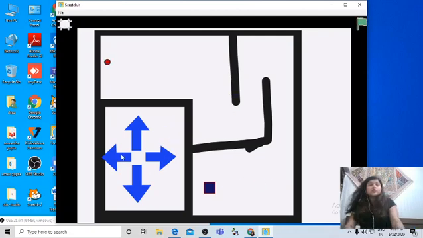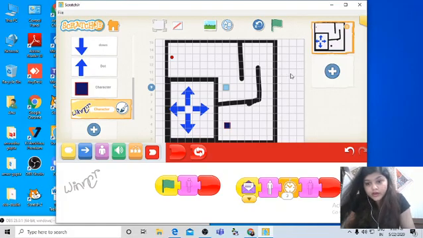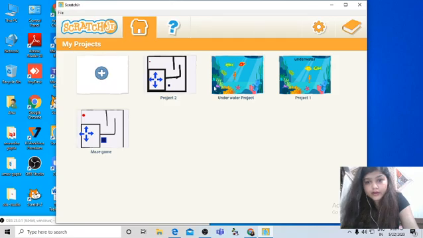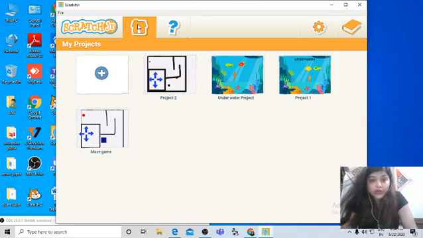yes. So we have created that game, and I want you also to create some game. You can create the same game and you can use your imagination and create some new games. Okay children, and you can see some sample programs here also. These all are stories, but I want you to create some game by using Scratch Junior.